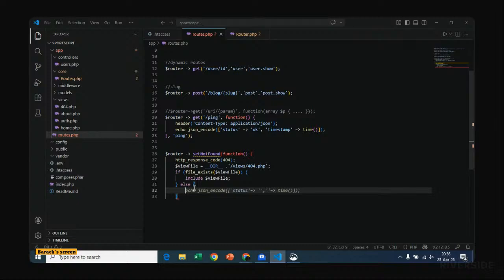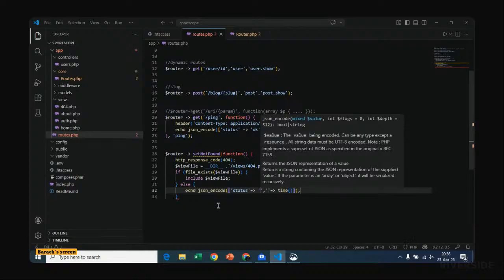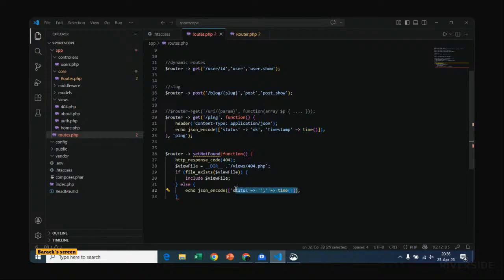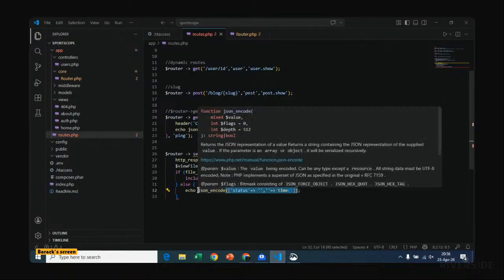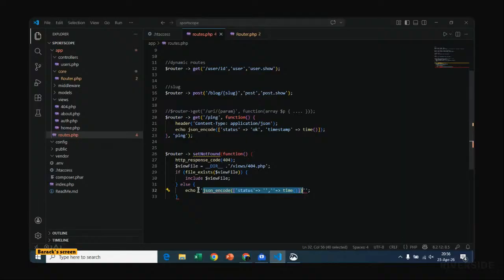we echo. We can use this, but in a simpler way, by just saying h2, then we just say file not found or page not found.